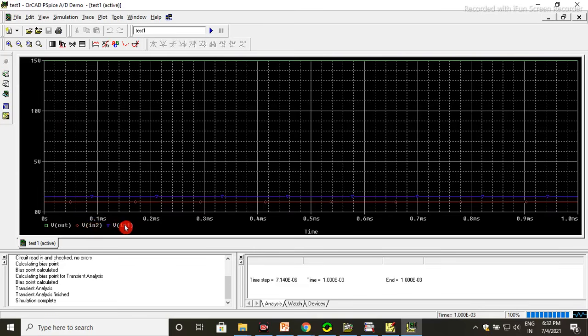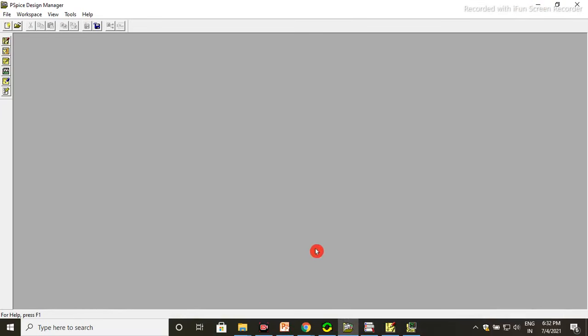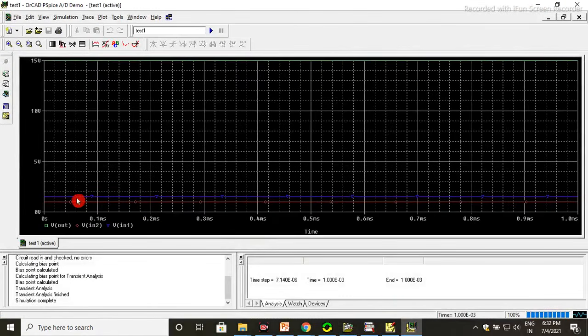In our circuit, V in 1 is the non-inverting input, and V in 2 is the inverting input. So we check our simulation. Green color is the output, blue color is in 1 non-inverting input, and red color is the inverting input. So this comparator circuit shows the positive saturation voltage of 15 volt.